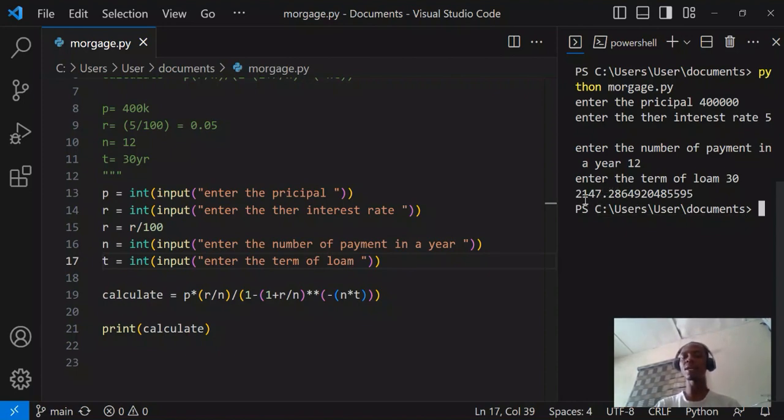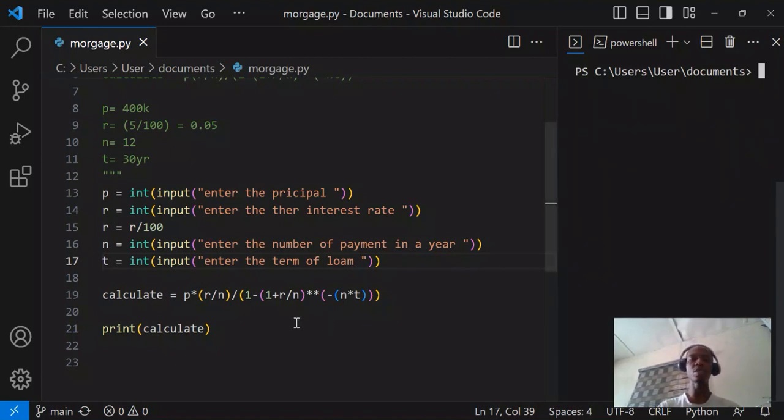And again, just like what happened, I almost got confused. I don't know if it is 1,000 or 100 or something like that. So I'm going to add a comma in between so that you can see if it is 1,000, you easily know. So I'm still going to do something like that so it will be easy for the user to read it. So if I want to format this now, I'm going to use F, and then let me remove this calculate here,